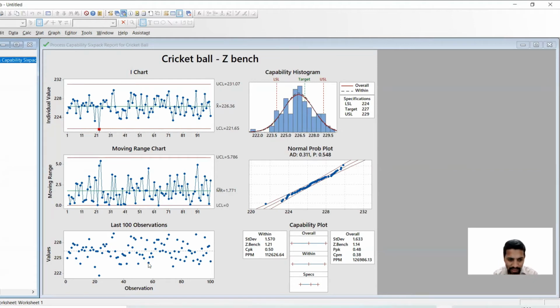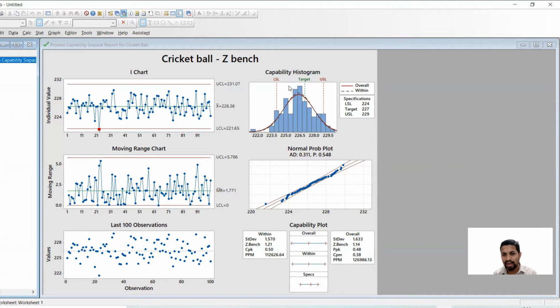So these are the 100 plots, more or less. It is very far away from the mean. This is the target line. All these are very scattered, and there is too much scatter in this one. You remember that the default was 25. I just opted for 100 so that all the 100 values will be taken into consideration. So in all the cases, 100 values have been taken. So this is the graph.